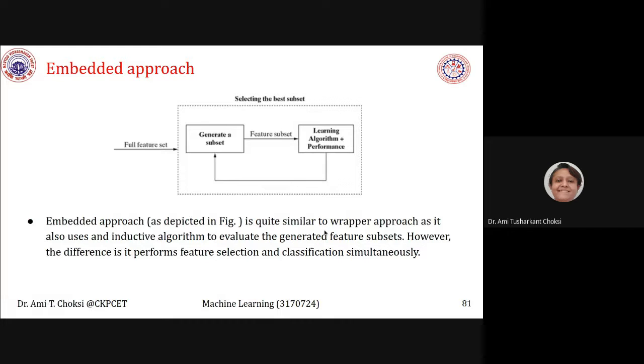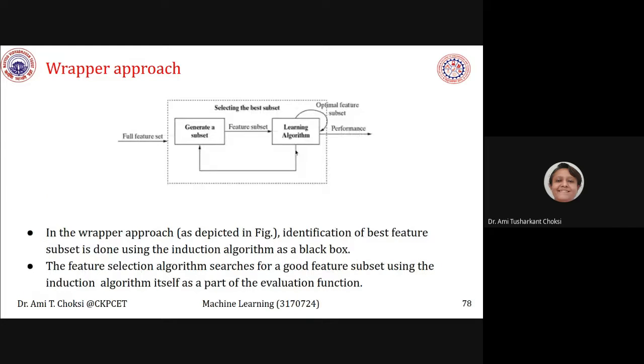Embedded approach is quite similar to the wrapper approach as it also uses an inductive algorithm to evaluate the generated feature subsets. Was it there in this? Here also the loop was there, right? Not loop, we can say it is feedback, isn't it? The learning algorithm is there, then we are giving the feedback to generate a subset.